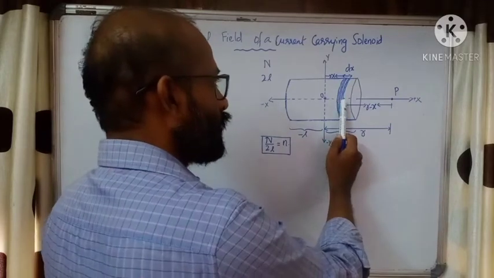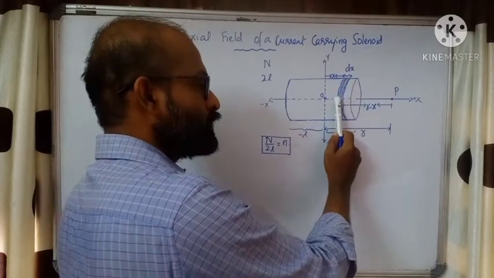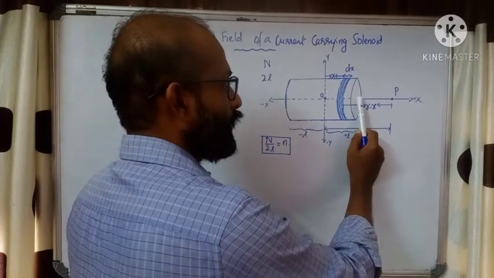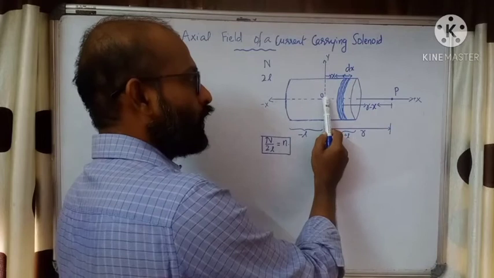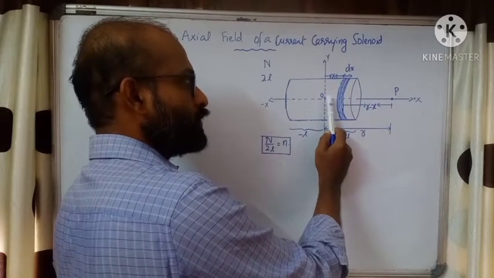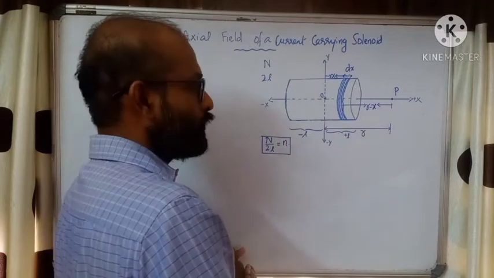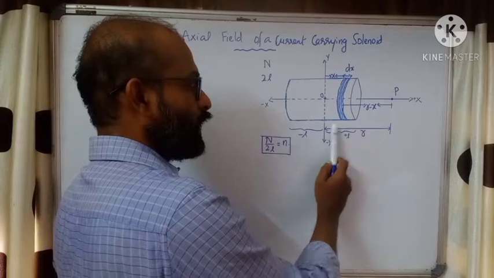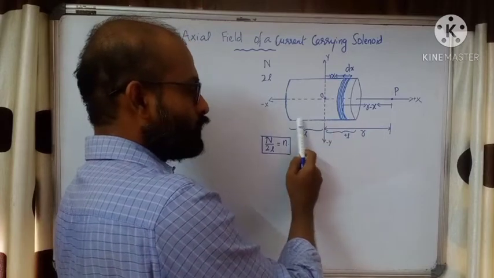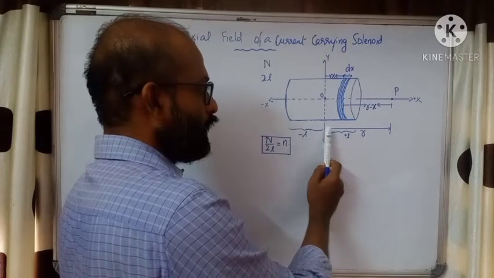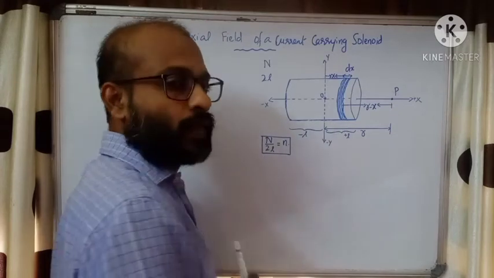Now this portion having a width dx we can consider as a current carrying circular coil. And this is the axis of the current carrying circular coil. The coil is at a distance x from the y-axis. From the origin we can say this distance is x. Since this is the origin, the length from here to here we can take as positive L, and the leftward distance we can take as negative L. So what is the total length? L, and again L, L plus L is 2L, the total length.